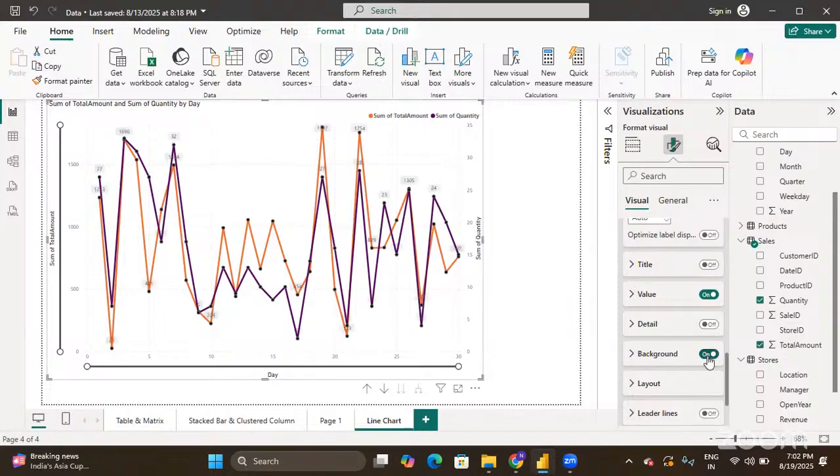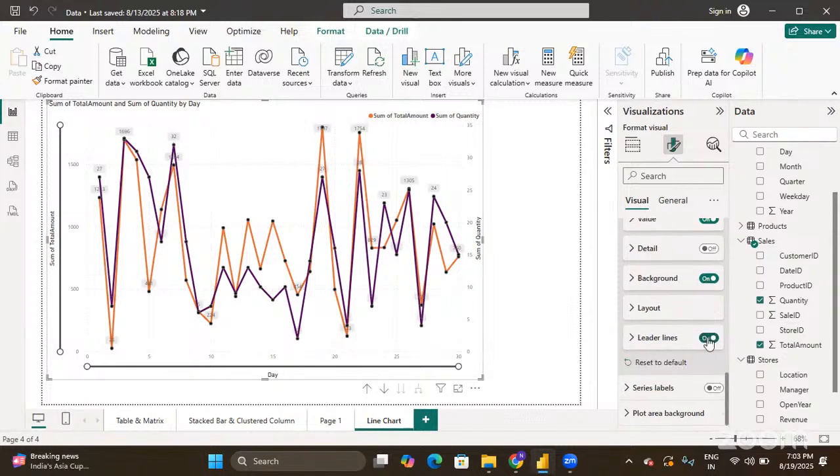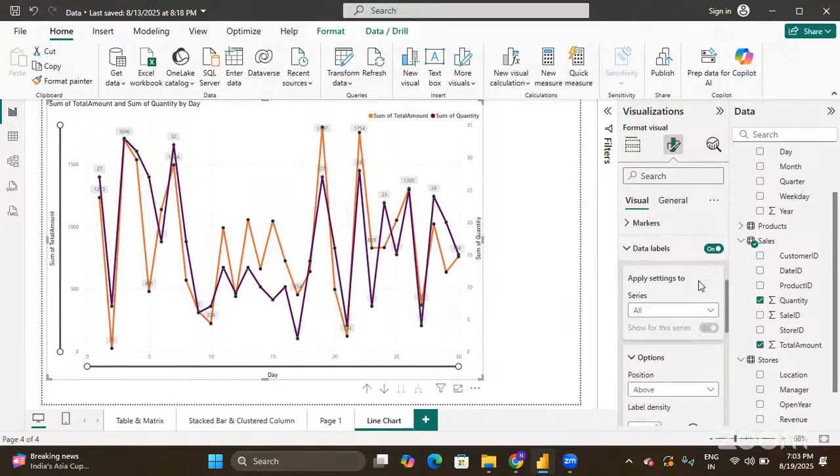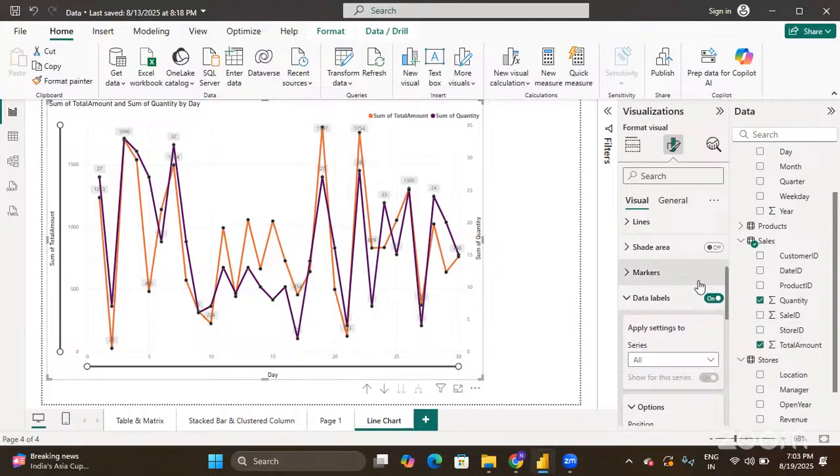Background for these markers is something important. Okay. Leader lines. Okay. So this actually highlights the markers. If you observe, in each and every case it is displaying the marker values. So the purpose of data labels is it gives the information at each and every marker,